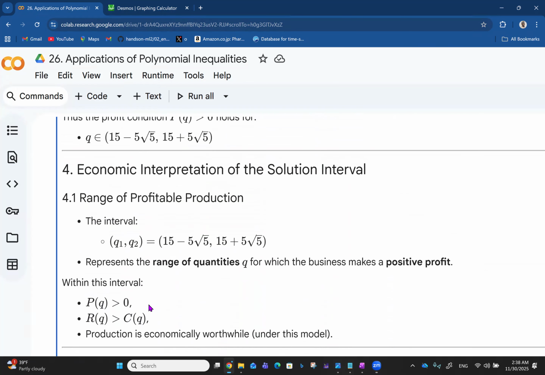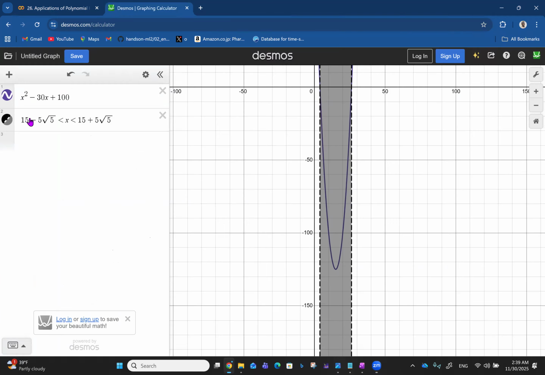Okay, so this represents the range of quantity Q for which the business makes a positive profit. So it means you have to sell between 15 minus this... Let's try to evaluate 15 minus this. So yeah, 3.819, and then here, if you put plus,